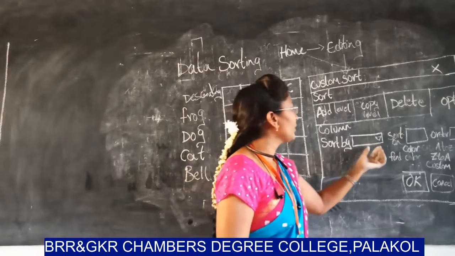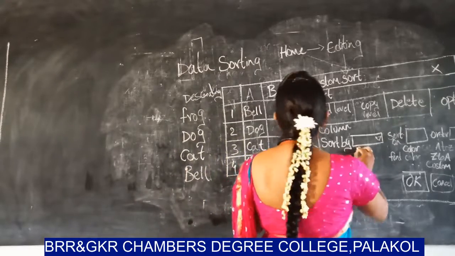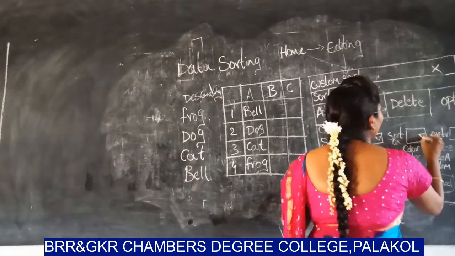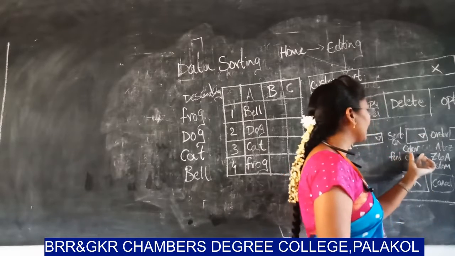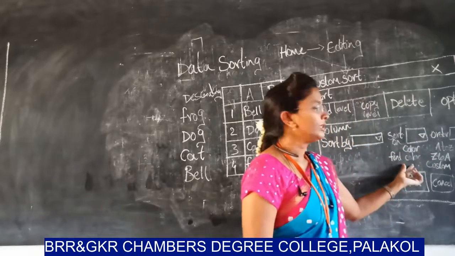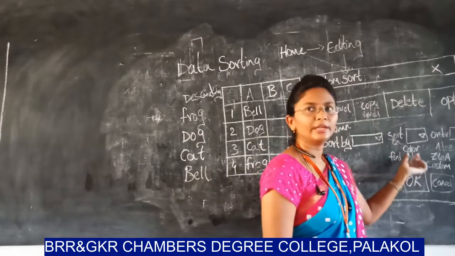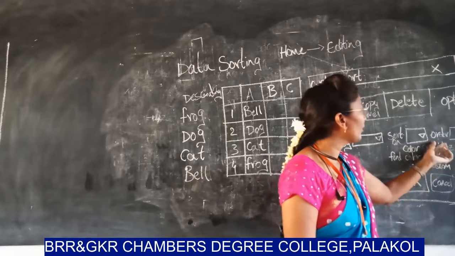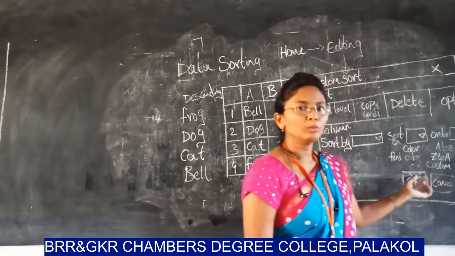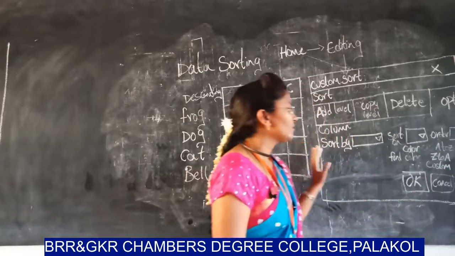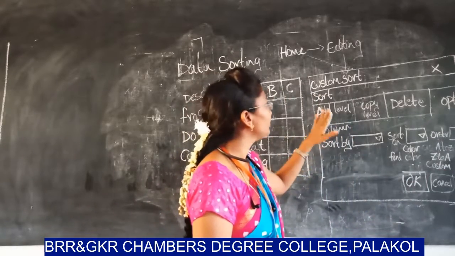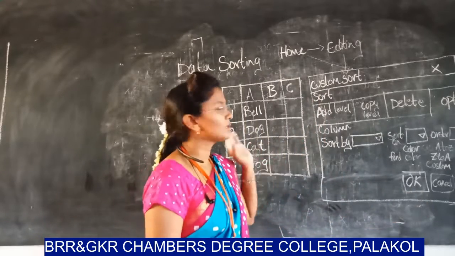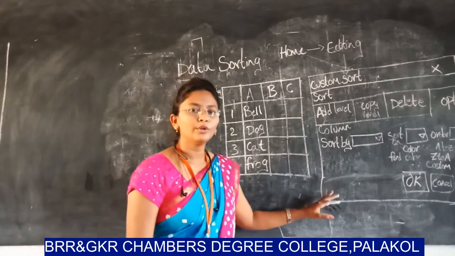If you click on the sort by option, there will be columns or rows to take over here. If you click on this downward arrow mark, it will take a color or font color. Whatever color you want, you can select that color and take it in the sort on option. If you click on the order, it will be taken as ascending order, descending order, or custom sort options. This is the sort dialog box which will appear on your screen. After selecting the options, click on the OK button. Whatever options you have taken in this sort dialog box will appear on your screen.